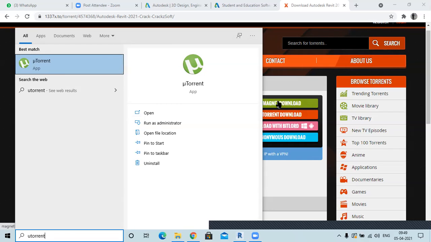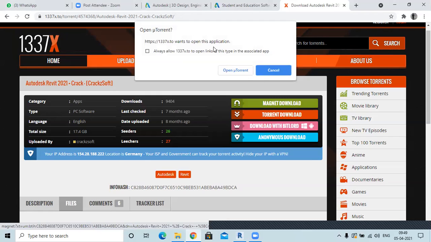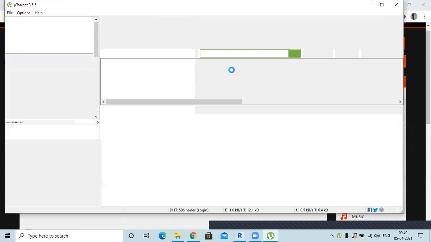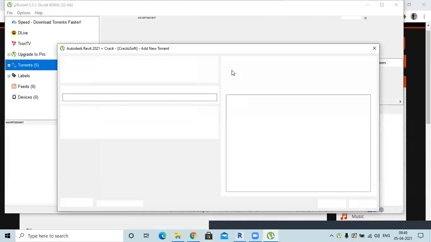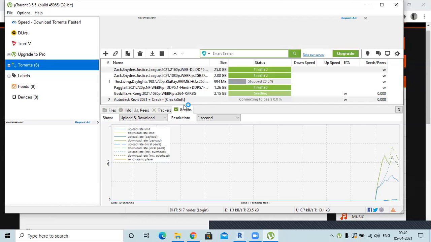Otherwise install it first, then do all these steps, and when you select the magnet download and click it, it will automatically open a dialog box asking, do you want to open this in uTorrent? When you click open, it will automatically add the torrent in your uTorrent, and the full file will be downloaded. Then just press OK, and downloading will start like this.